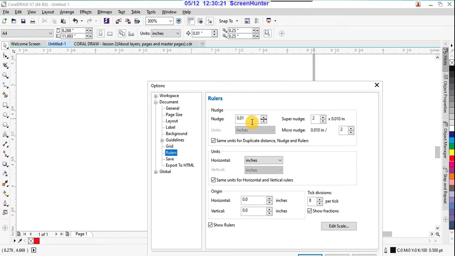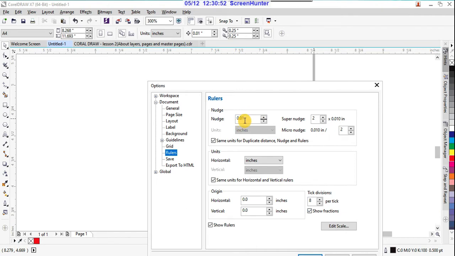The ruler nudging space is 0.01. You can increase or decrease it, also up to super nudge 2. And here the horizontal units are there. By default it is giving inches. So you can show rulers or otherwise hide the rulers. So we can manage with this.